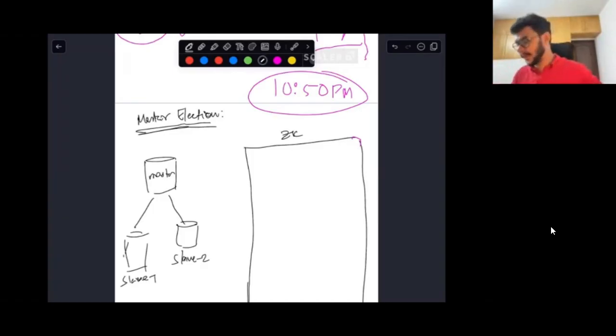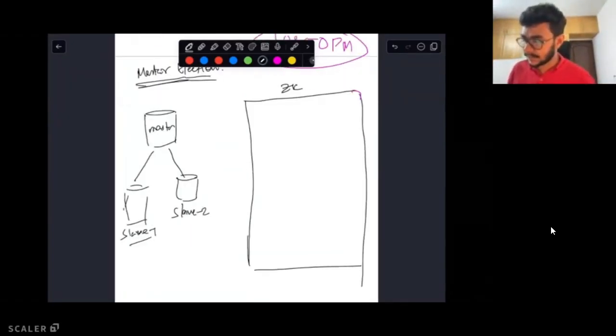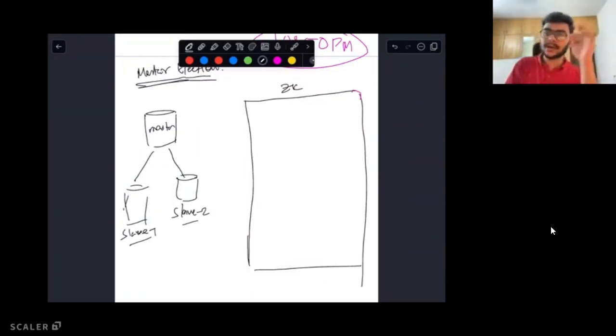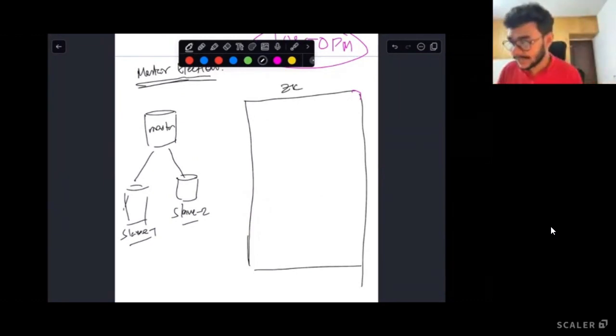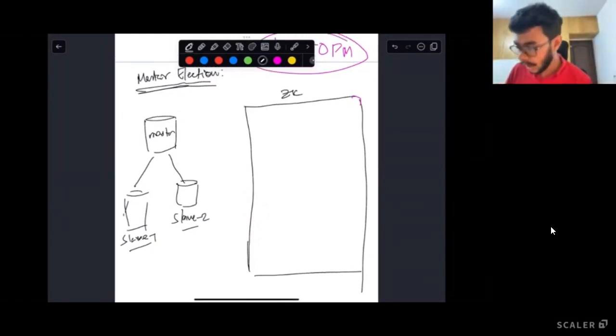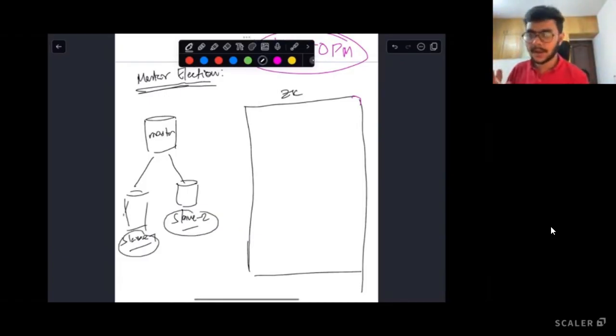Awesome. Fine. So we were taking a look at how master election happens in case the master dies. Which of these slaves will get promoted, and how it gets promoted to become a master, is what we want to look at. Let me get started at exactly 10:50 because some people may be waiting for the clock. Yeah, it's 10:50. Fine, let's get started. So we're trying to see how one of these slave databases can be promoted to become a master.